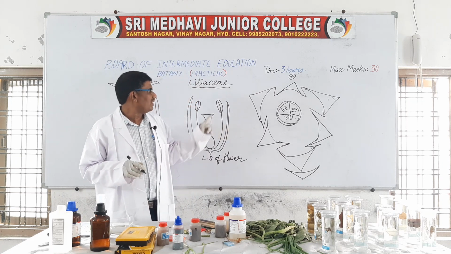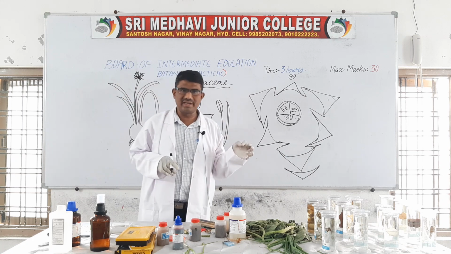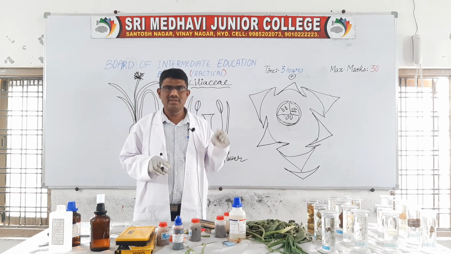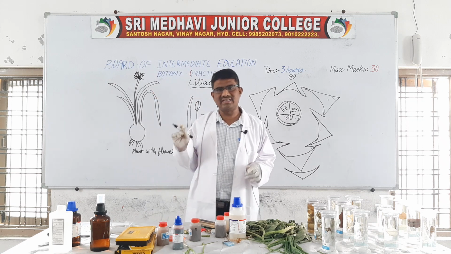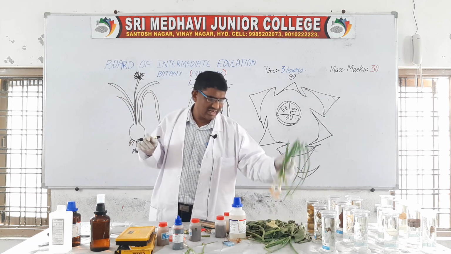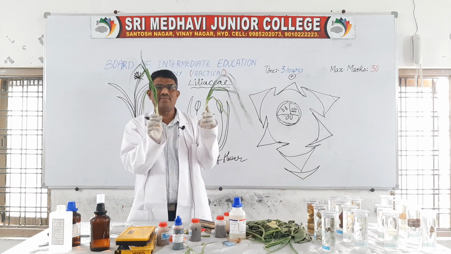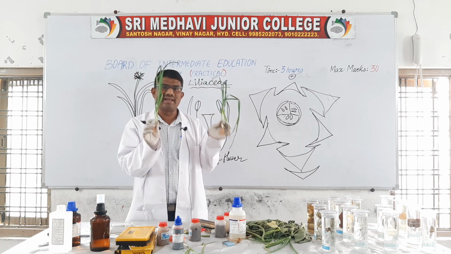Okay, in this video I am explaining the Liliaceae family. Before this video, I explained the Solanaceae family diagrams. The Liliaceae family, the onion family, is the first question of the practical examination, taxonomy. In this, what we have to draw as a diagram: